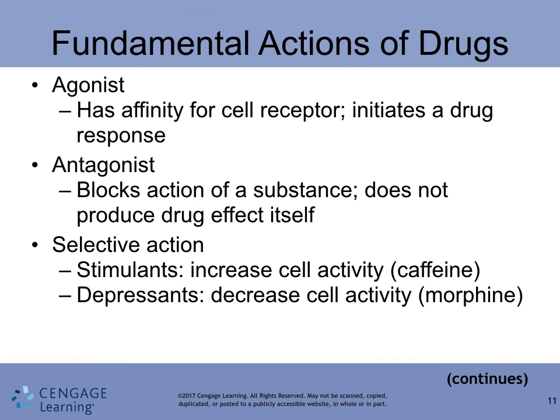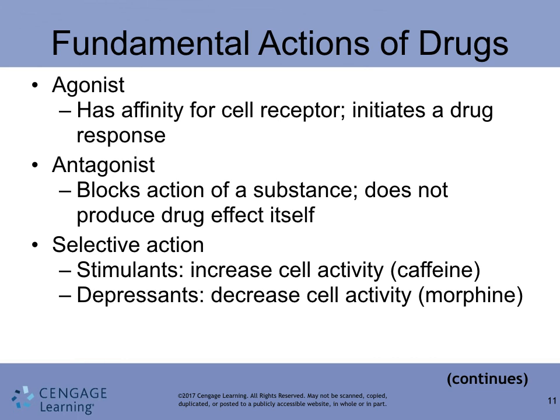It's turning up the volume, essentially. An antagonist is the opposite of that. It will sit on the receptor and not let the receptor turn on. I think of an antagonist as a bouncer who's not going to let you into the bar. An antagonist is going to block anybody from being able to turn that receptor on and let it do its process. So agonist makes things go, antagonist